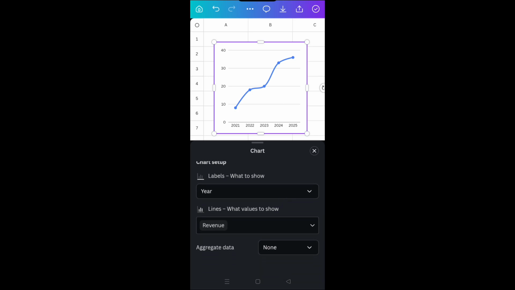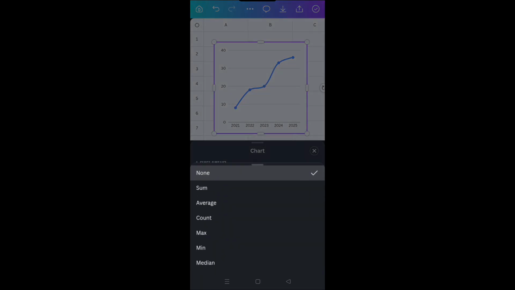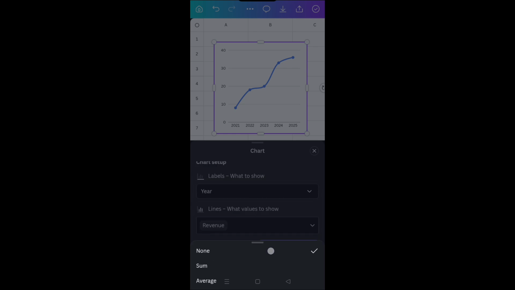Next comes the lines. This is the y-axis of the chart. Okay, so in y-axis revenue is shown here. Next comes the aggregate data. In aggregate data you can sum data, you can average the data, you can count the data, you can do maximum, minimum and median calculations using your data. Now by default none is selected. Okay,